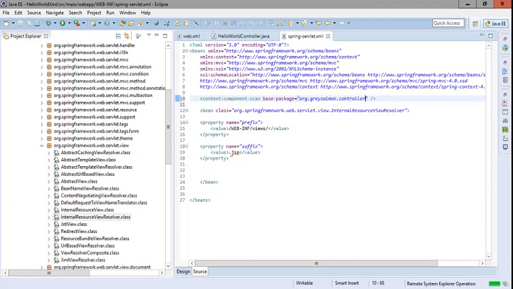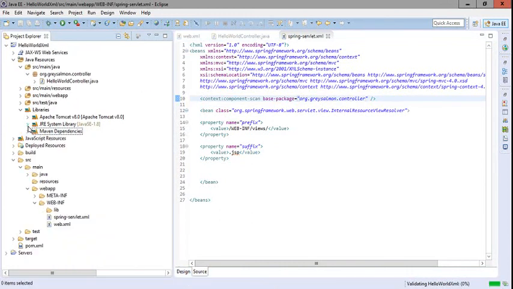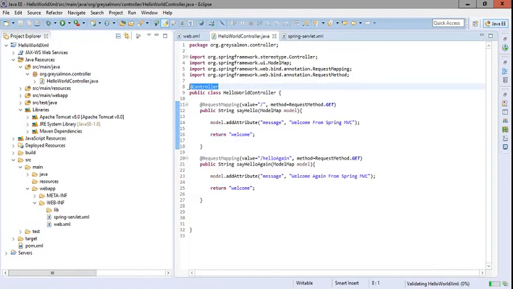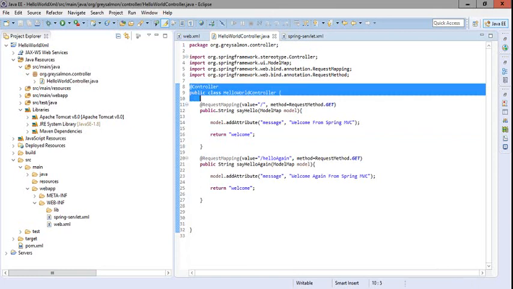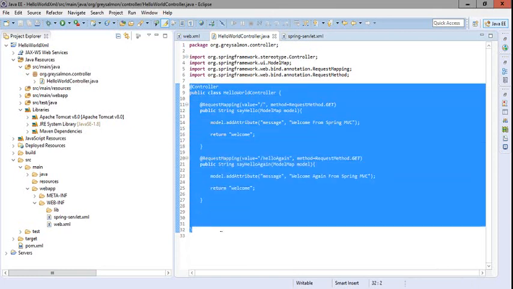Now what is the need of this? The need is, when we have created the controller, we have used the annotation controller. This controller should be changed into the bean, and that bean should be loaded into the IOC container.